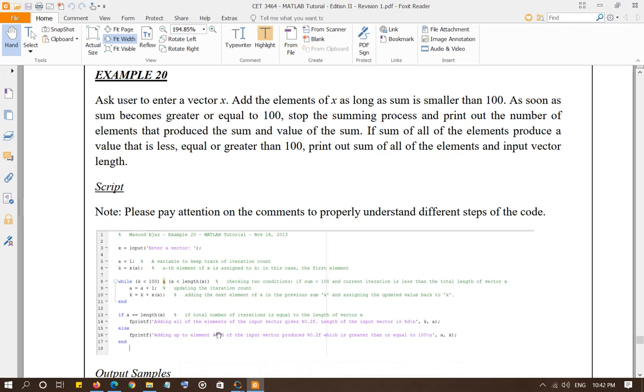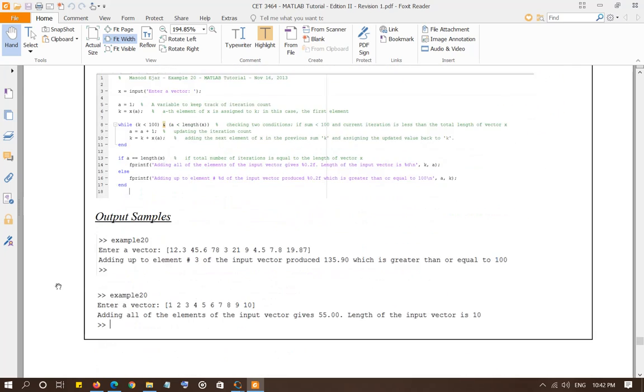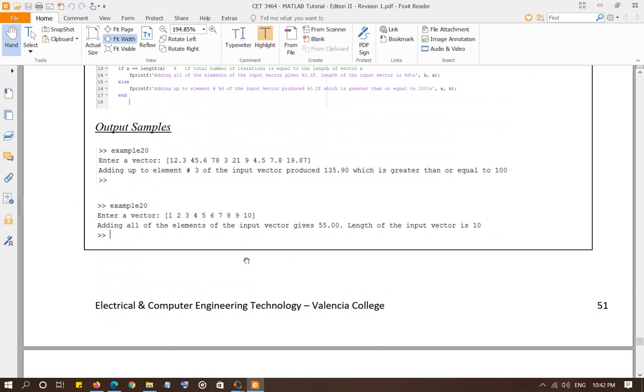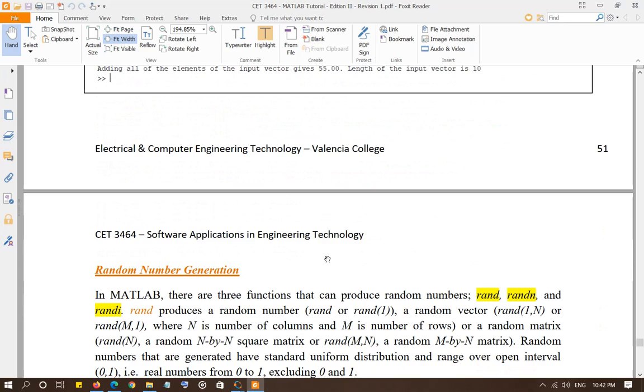So you write down the total value of the sum, which is 100 or greater than 100, whatever the current value of k is, and then you write down at what index it has reached that value by printing it. So here we are using a while loop to do that easily, and of course we are using if to check the condition. Alright, some sample outputs are given to you. Again, I will advise you to do this problem. Look at the sample output.